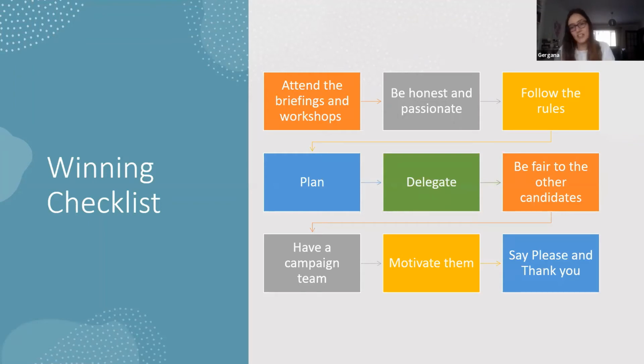Be honest and passionate. It might sound obvious, but it's so important that you're honest with yourself as well. Am I running for the right role? Is that for me? Do I really want it? Is there another role that's better for me? As you know, for example, vice president is now called president. So if you were thinking president sounds more prestigious, there's nothing like that anymore. Really think about which role you're passionate about, the one that your heart desires. Deciding that for yourself will help you throughout the whole campaign. Of course, follow the rules.